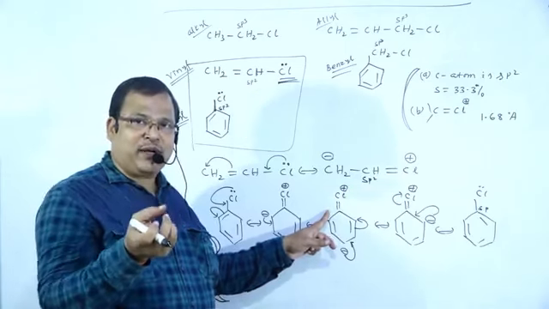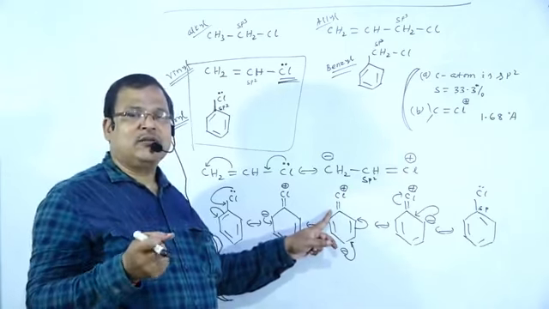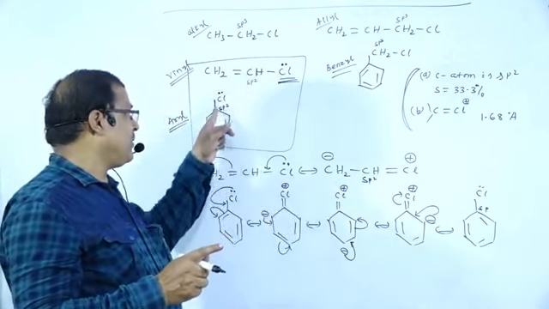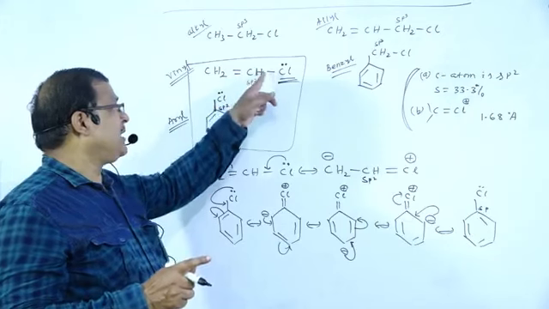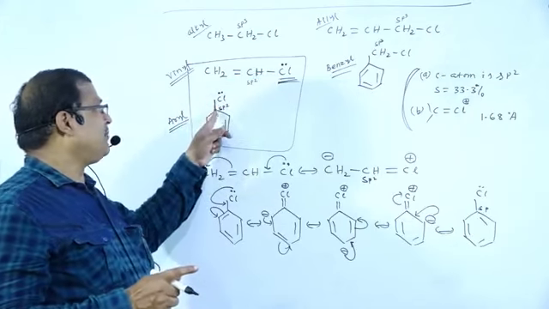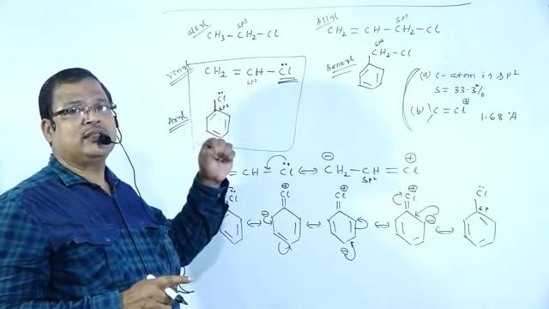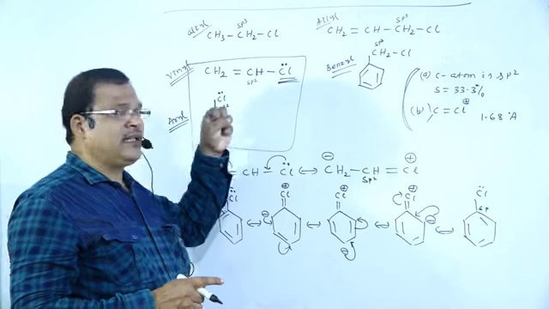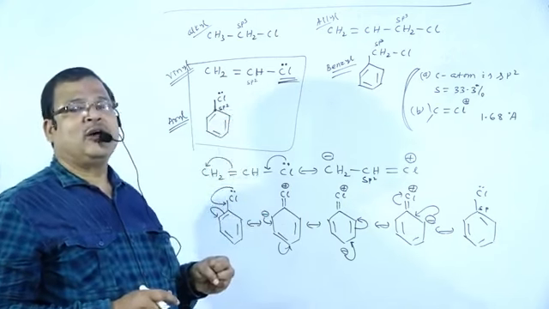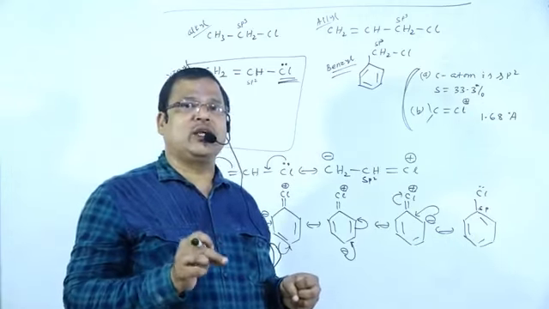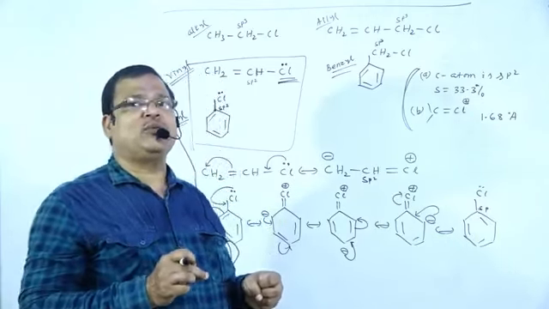Development of double bond character decreases the bond length and increases the bond strength, and moreover it has higher S character, which means more penetration power towards the nucleus. So the carbon-chlorine bond strength in vinyl and in aryl will increase. The increase in bond strength decreases the reactivity of the chlorine atom. Therefore, the chlorine atom is treated as inert towards nucleophilic substitution.